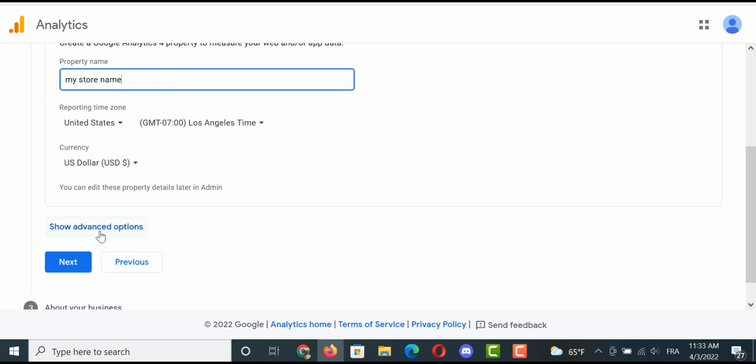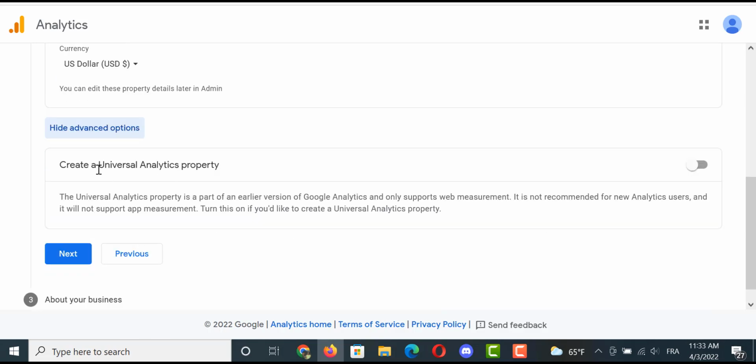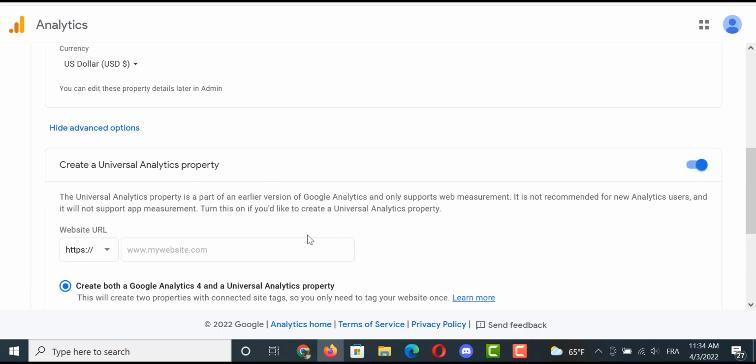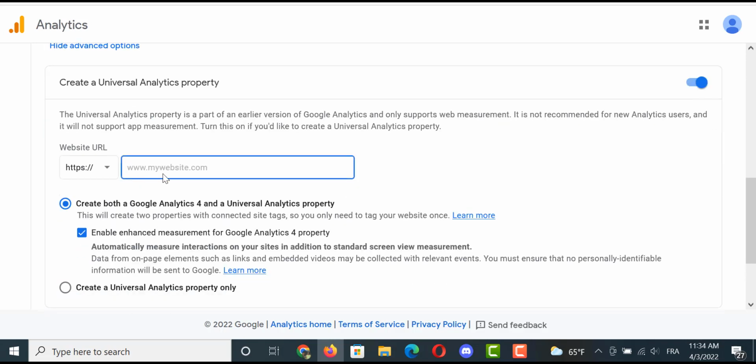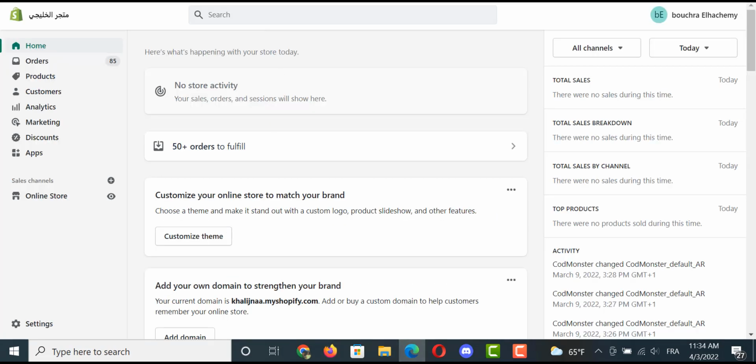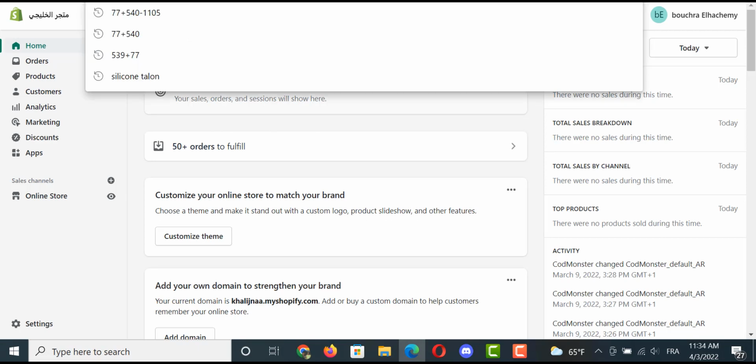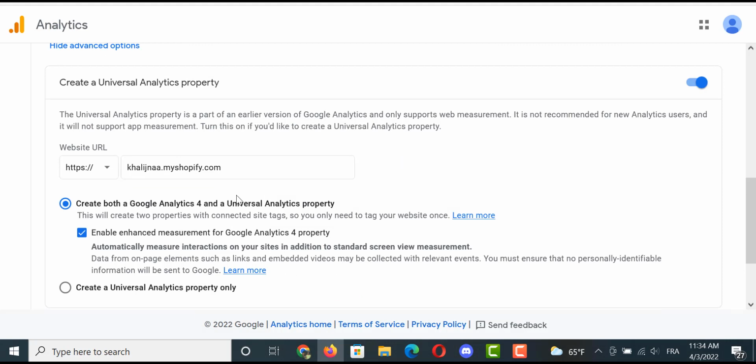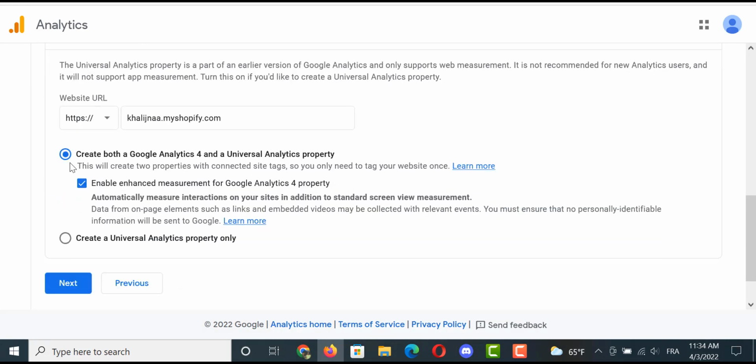And click on Show Advanced Options and create a Universal Analytics property, enable it. So, and put here your Shopify link. For example, here I will put my Shopify. This store is just for test. I will put the link here and choose create both a Google Analytics 4 and the Universal Analytics property and